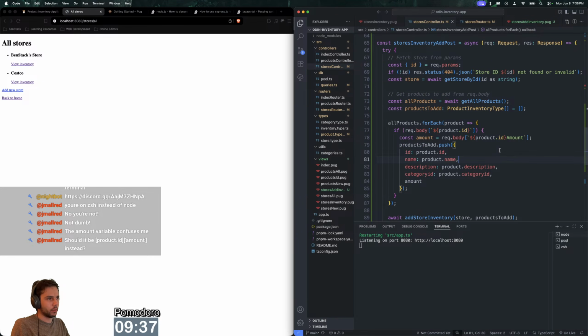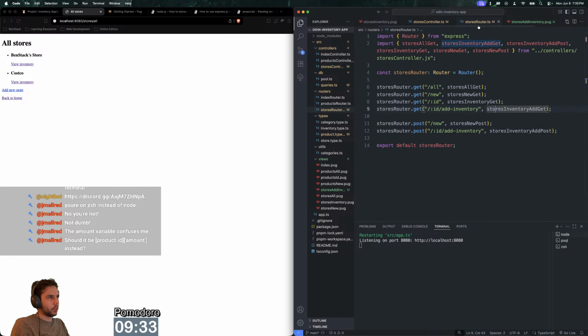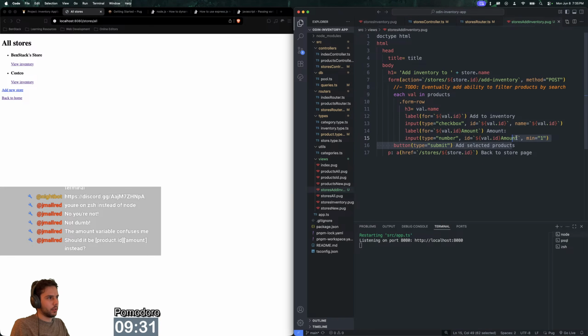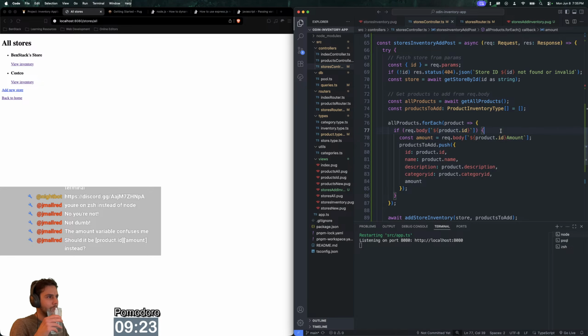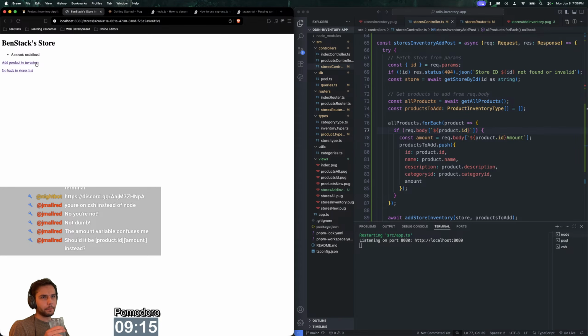I don't know. Because I'm getting it from the rec body, right? So the rec body, this is the ID. And then I'm trying to just do a direct match to that, right? But I think this actually will work now. Yeah, it says amount undefined. Interesting. Okay,